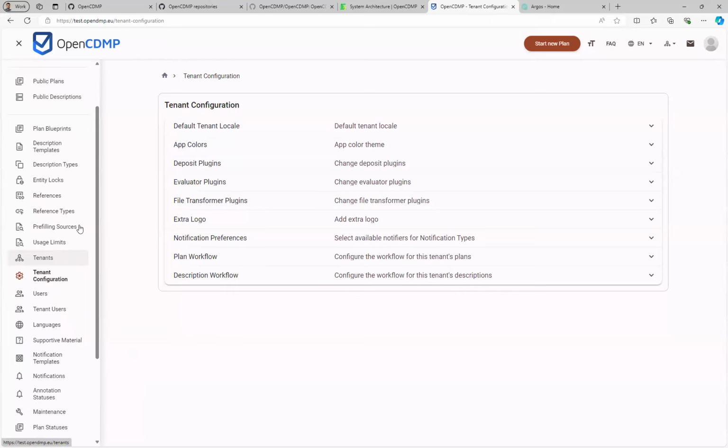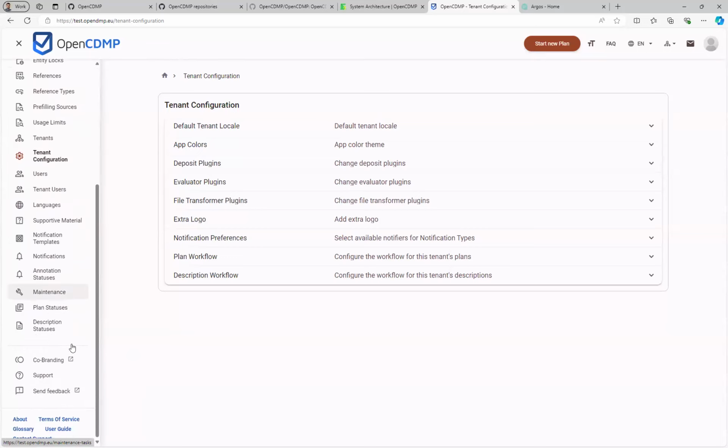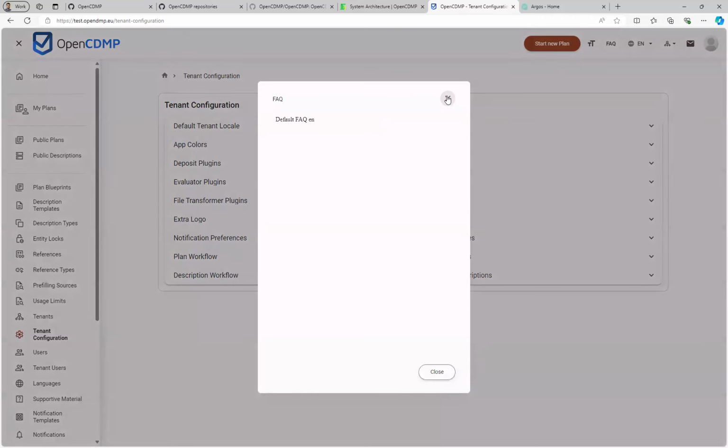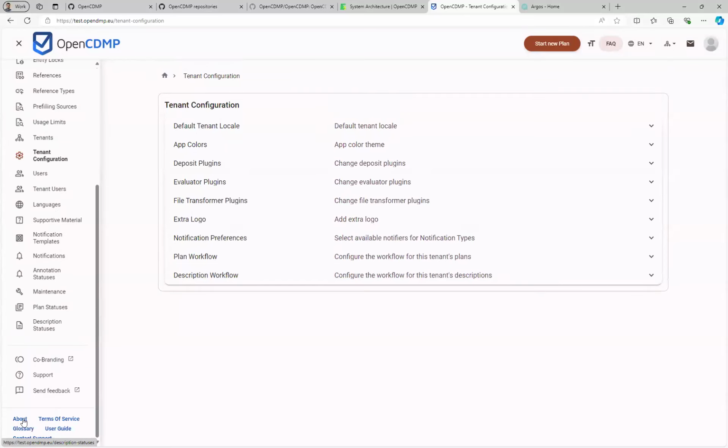And the rest of the pages are pretty much users, and you can configure roles, etc. And something else that we can mention is that all of the help content, for example languages here, frequently asked questions, user guides, about page, terms of service, etc., can be configured at the tenant level.